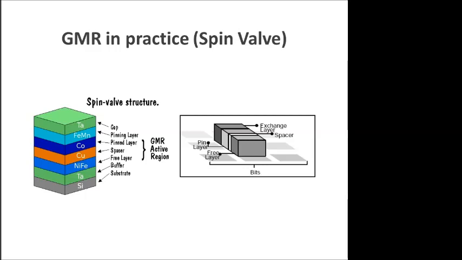And the giant magnetoresistance has a layered structure like this. This is the spin valve structure of the giant magnetoresistors we are using. In this, first the silicon substrate, buffer, free layers, spacer, pinned layer, pinning layer, and gap are present, and over these combinations we have the GMR active region. These regions form a channel within it, and over the channel the electron movement takes place for data storage.